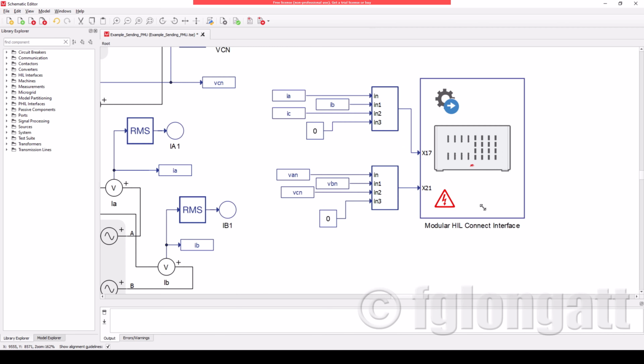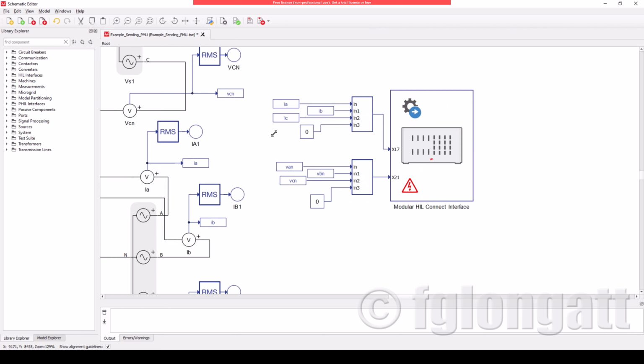And what is extremely important is that we are sending the three-phase voltages to the terminal of the modular HIL Connect interface using the terminal 21, and also three-phase current to the terminal H17 of the